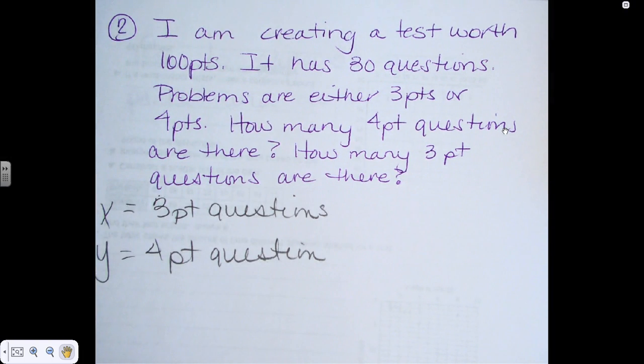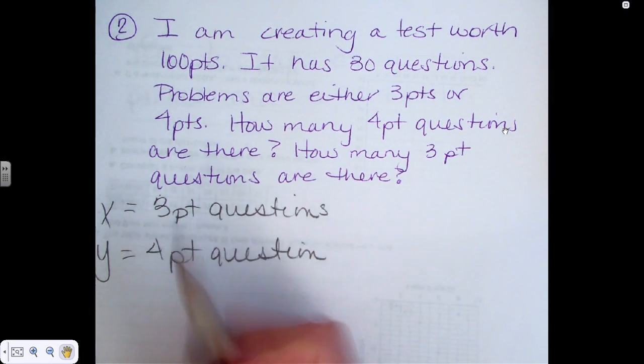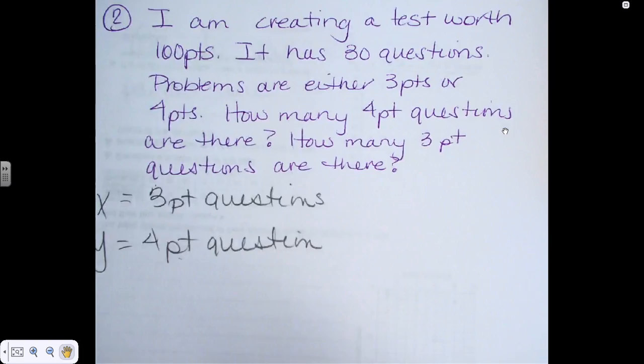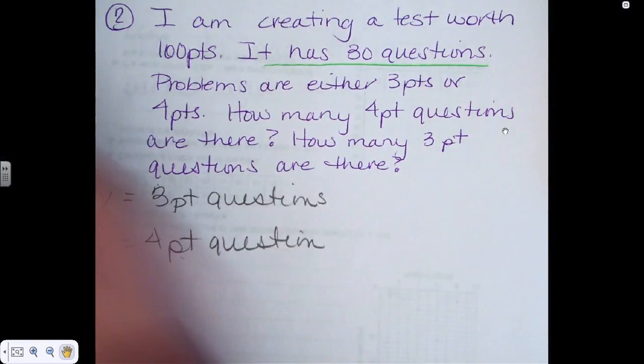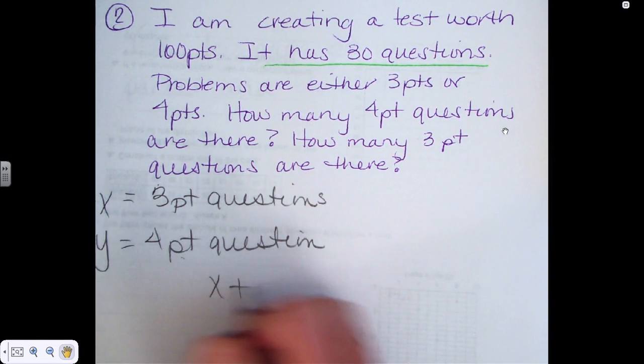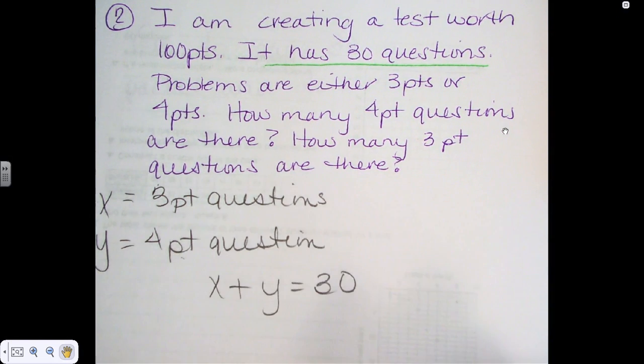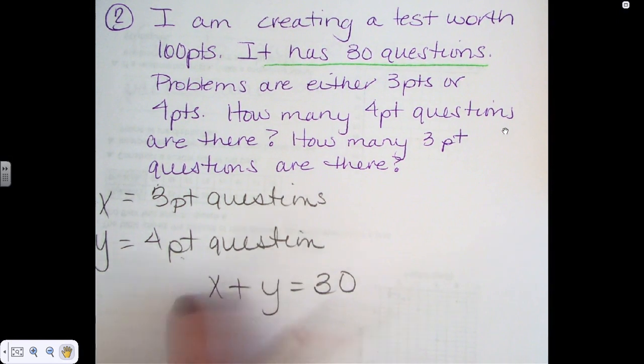I'm creating a test of 100 points, and there's 30 questions. Okay, well, questions are either 3-point or 4-point. So my first equation, I'm using this information right here. So I have x plus y is equal to 30, meaning there's 30 questions. They're made up of those different types. Now we're going to talk